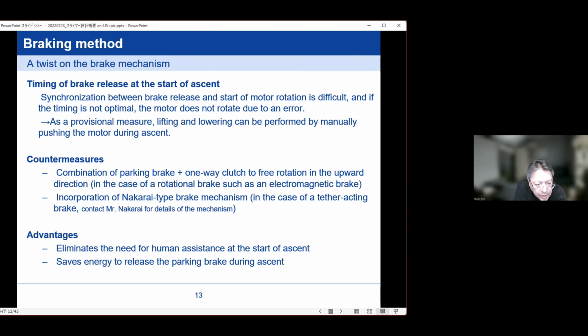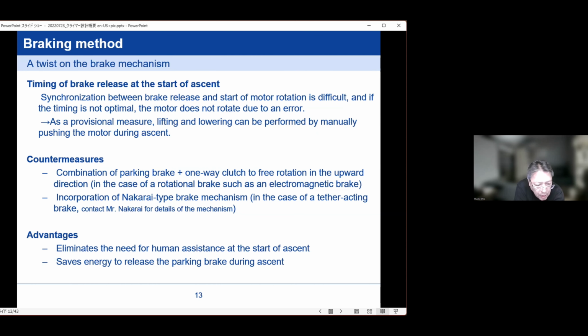The parking brake is a battery brake, etc., and it is a rotary brake. And there is another thing called a neutral brake, which applies the brake to the tether and uses the response of the brake servo. So when there is a force that tries to make the climber fall down, the brake is applied more strongly. When the climber tries to rise, the brake can be released with a light force. So combining these kinds of things is one